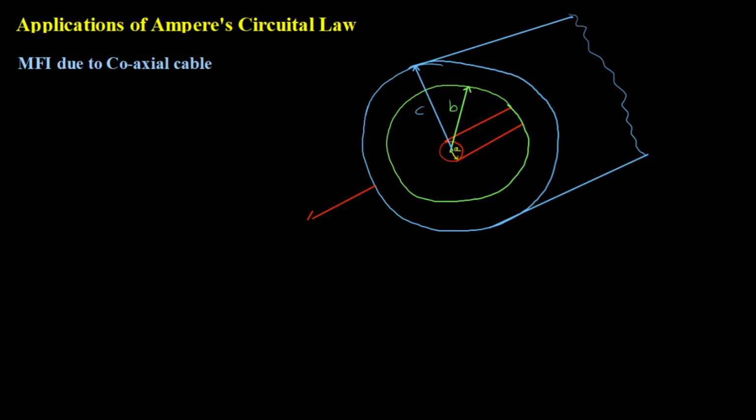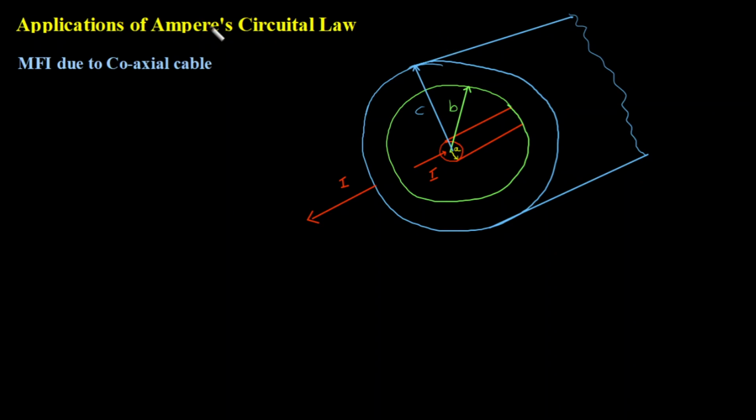So let me assume that the current in the outer conductor is in this direction, which I consider as minus direction, and the current flowing through the inner conductor is along the z direction, so that's why I consider it as positive current. Opposite to the z direction I consider as negative. So this is the positive z axis, you can draw it if you want. So the current flowing like this will be my positive I, and the current flowing in the other direction, that is the outer conductor, is minus I, inner conductor is plus I. Keep this in your mind.